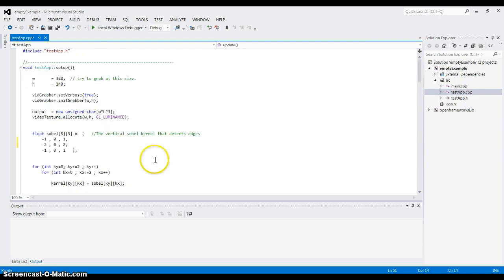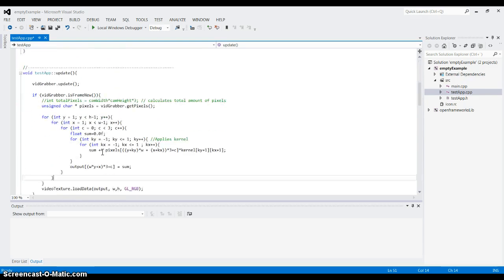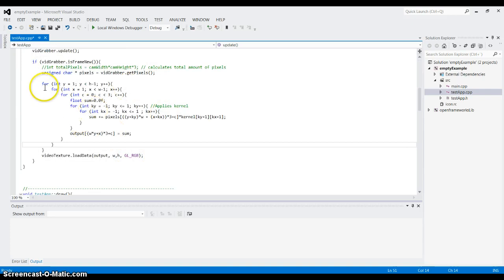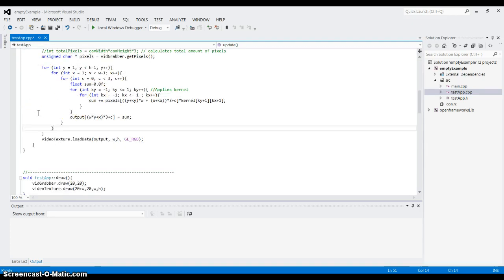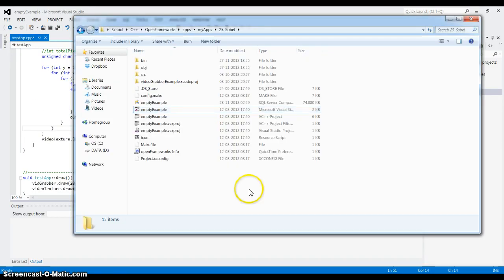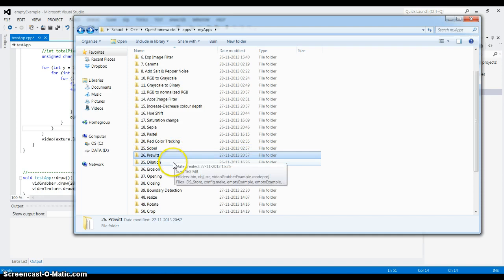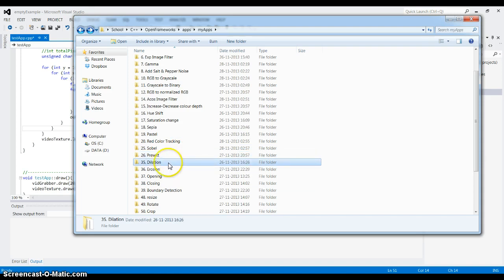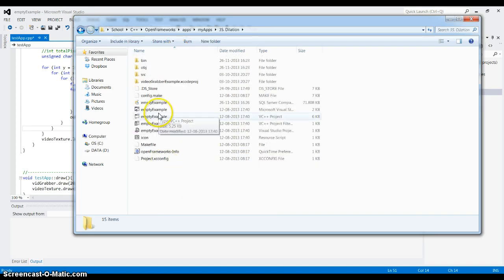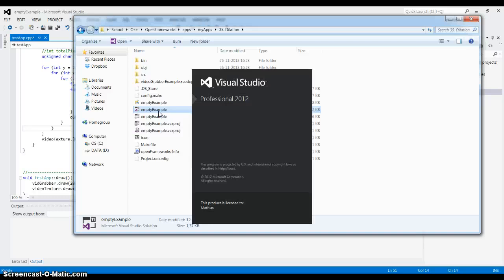So it's basically taking the kernel that we created up here and taking the sum through different for loops, multi-dimensional for loops, and then creating the output from that. So these so-called private and so on are different kernels, dilations and noise. So dilation and erosion, what they do is that they all remove noise in the image,